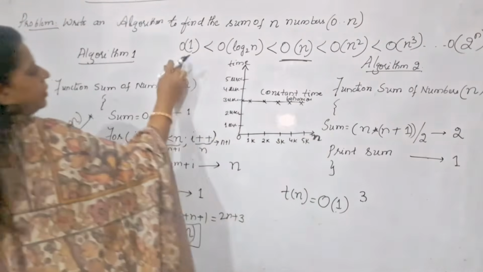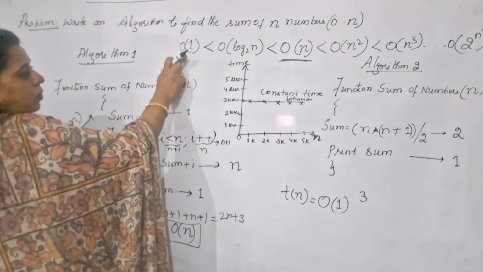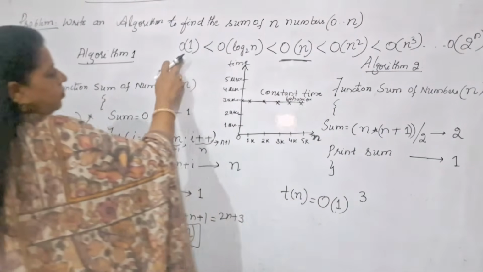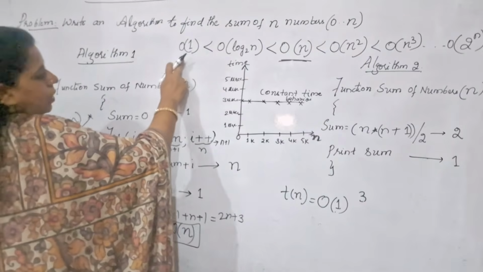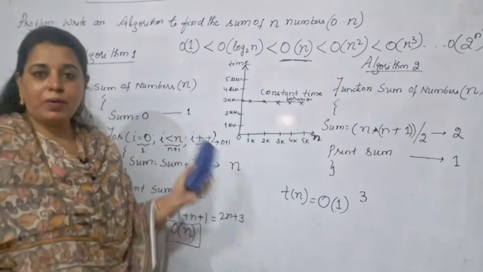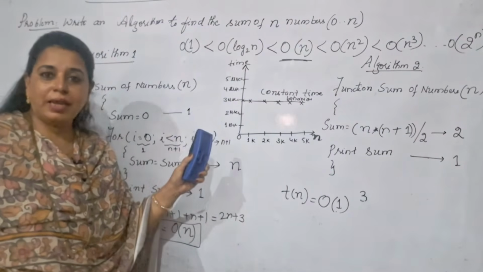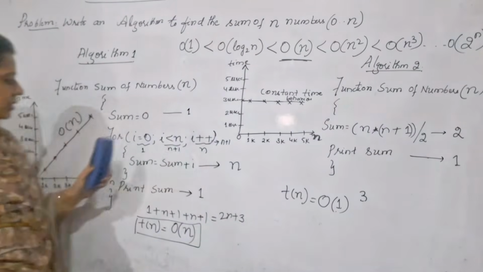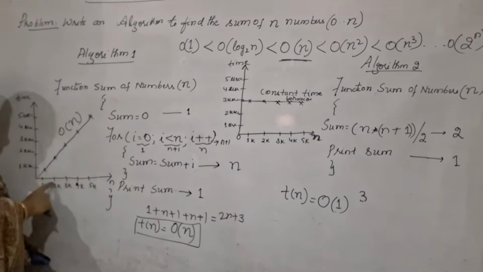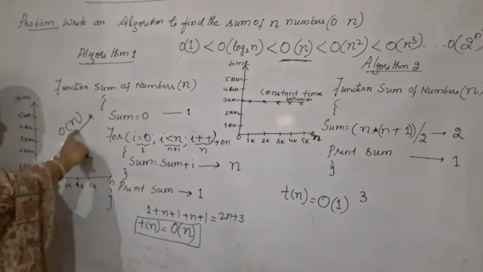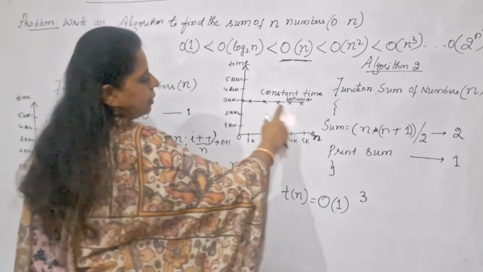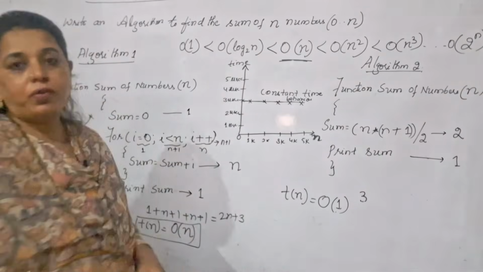which you can observe here in the order of growth. This is the lowest value. What you got from the previous method is the linear, and what you got from this method is the constant time behavior. So this is just an example to show you how a particular algorithm's time complexity can be improved. So in the first case, this is the graph wherein you can see it is a linear behavior. As the input size increases, the time also increases. But in the second method, as the input size increases, the time is same. Any value you give for n, it is same.